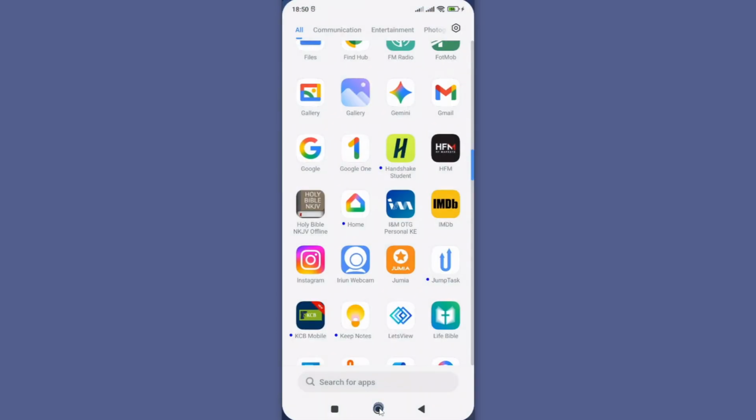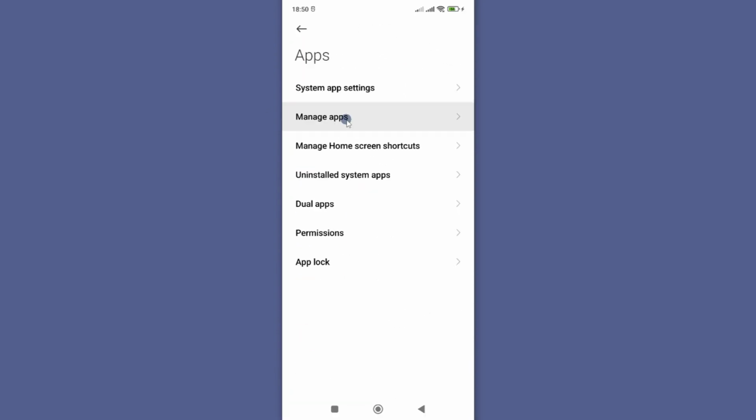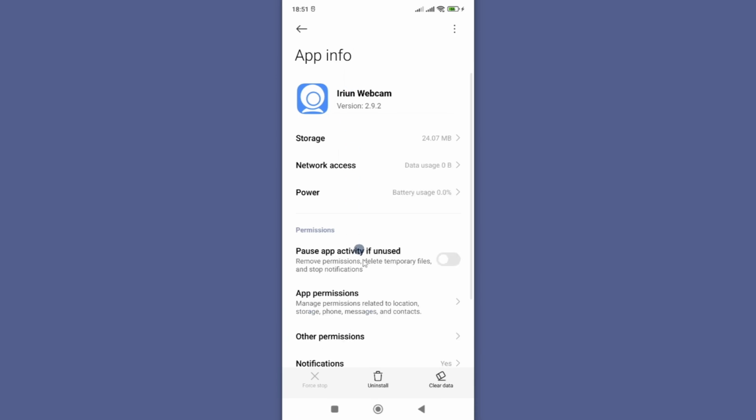However, if you don't see this and you are on an Android smartphone, just go to settings, and on settings look for apps and then look for manage apps or all apps. Here search the app by name, and once you find it, if you tap on it, you will access the